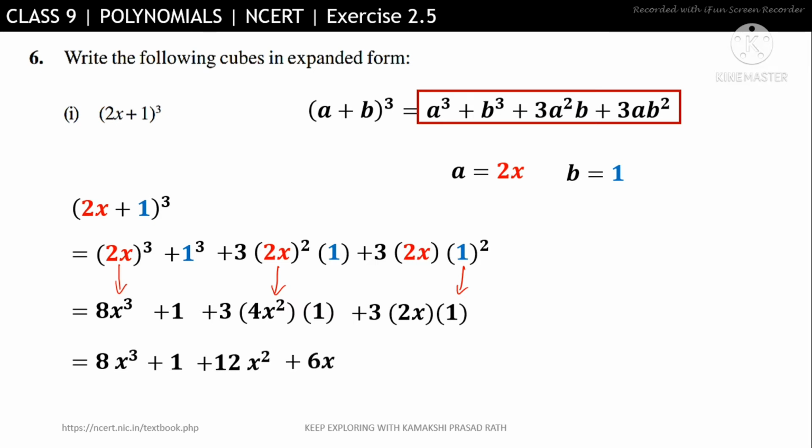So here we see that whenever you are substituting the value for a, that is 2x or 3 or whatever, for a cube we write 2x whole cube. Remember, that means in place of a we are using 2x. So if the cube is for a, the cube is for the total 2x. So we should not write it like this. This is the wrong way. We should not write 2x cube, because the cube is for the total a and our a is 2x. Hence always when you are substituting the values, keep them in brackets.